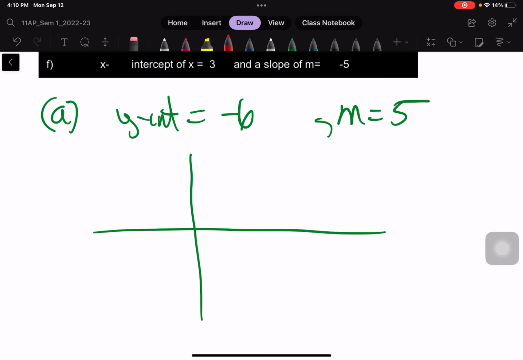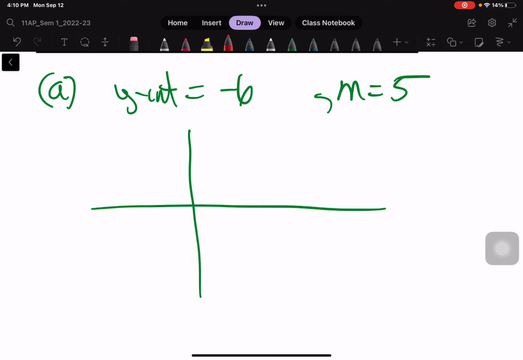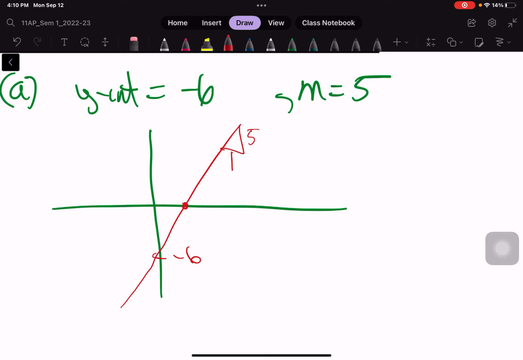So question A says a line has a y-intercept of negative 6 and a slope of 5. So what will that look like? Well, let's see. The y-intercept is negative 6 and the slope is 5. So it's going to look something like that right there, right? With a slope of 5 over 1. So in terms of equations, I can do something quite easy here. I'm going to use y equals mx plus b, because this right here is b. So my equation is going to be y equals 5x